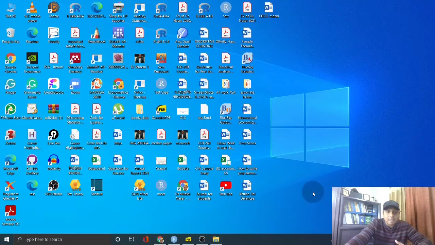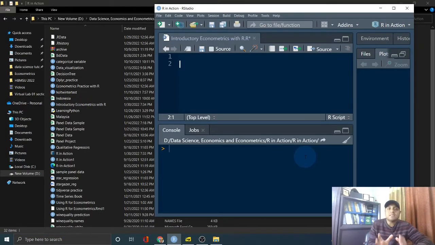Now let's get started. Before you start any R project, you need to set up your R project on your computer, which I already did. Here it is called R in Action. This is the project that I am doing at this moment. You can see R in Action, this is the folder, and you need to create a folder. How can you do that?